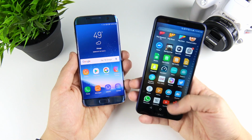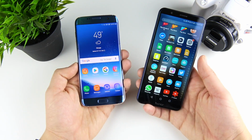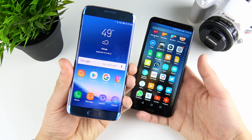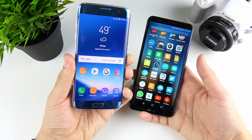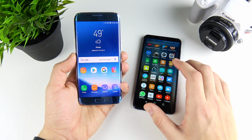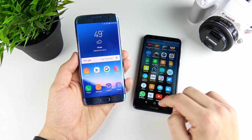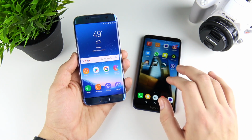And my issue with it though is that it kind of has this internal sluggishness that I'm not used to seeing on some Samsung devices, especially when you put Oreo on them. Now, Samsung does slow down a little bit if you don't manage the device, but if you manage the device, it does fine. Now, the EMUI over here sometimes just has some weird slowdowns that I'm not used to seeing